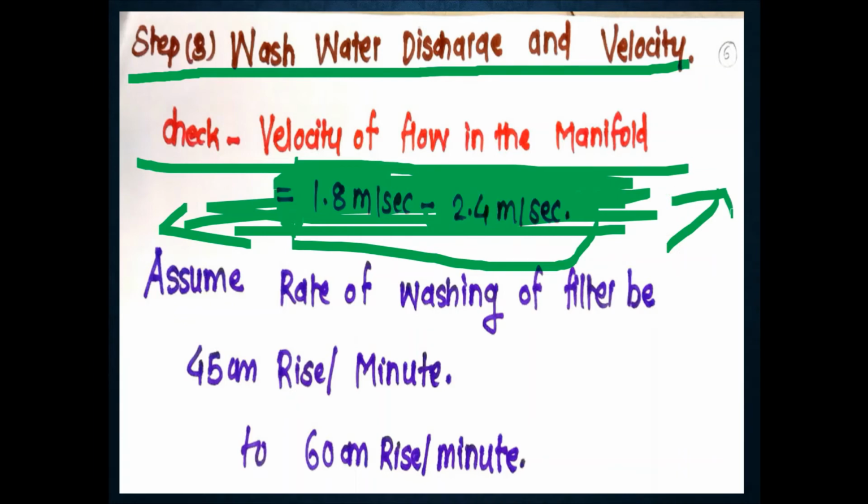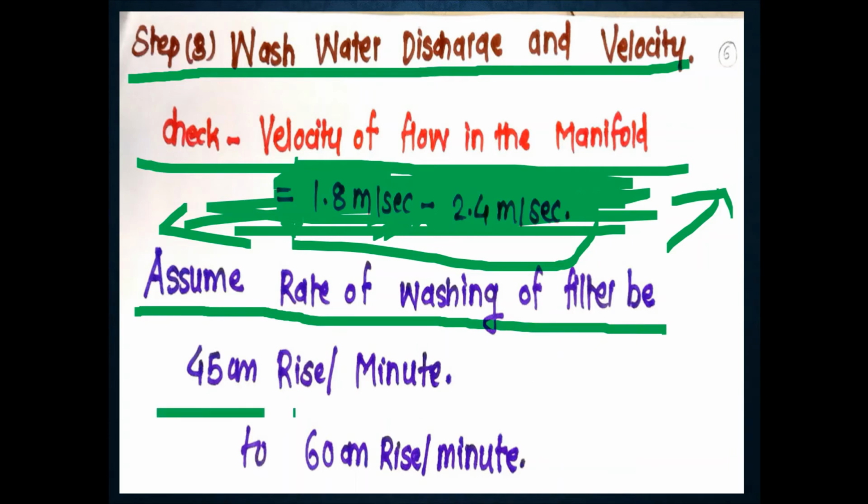Why? Because if it is less, then sufficient backwashing will not occur. If it is more, then there are chances of drawing of the sand, movement of the sand upward into the wash water troughs, and that care you have to take. Hence, due to this, we have to maintain this velocity of flow in the manifold. This is one check. The velocity of wash water in the manifold should come within the range of 1.8 meter per second to 2.4 meter per second. Okay, then one assumption here also: assume rate of washing of filter be 45 centimeter rise